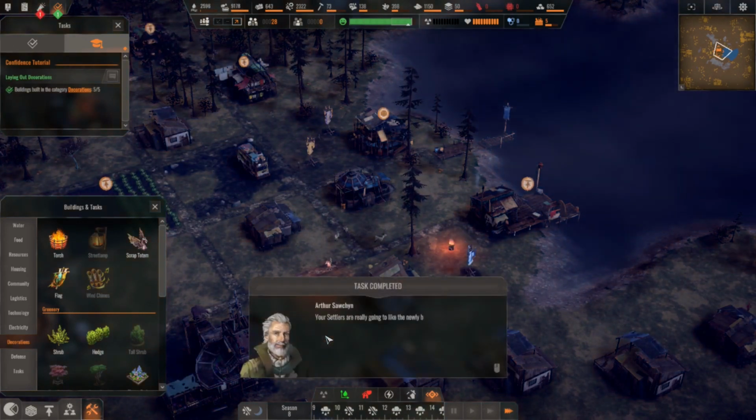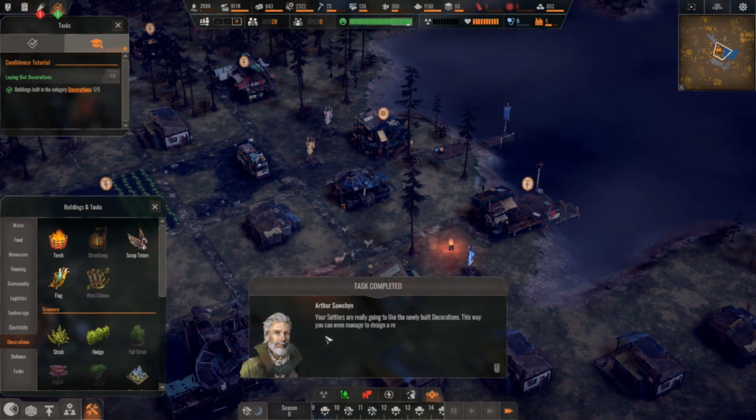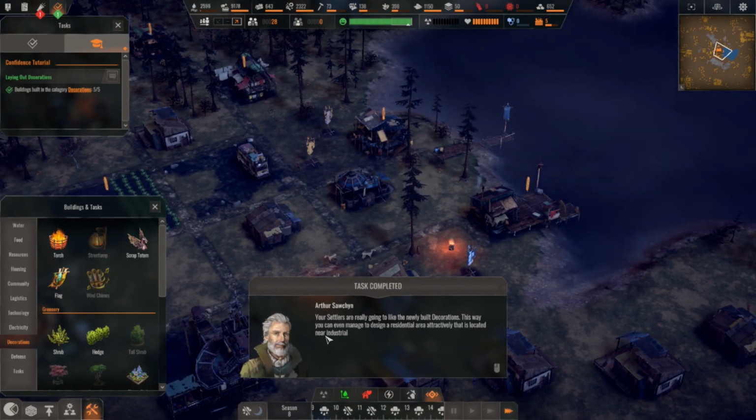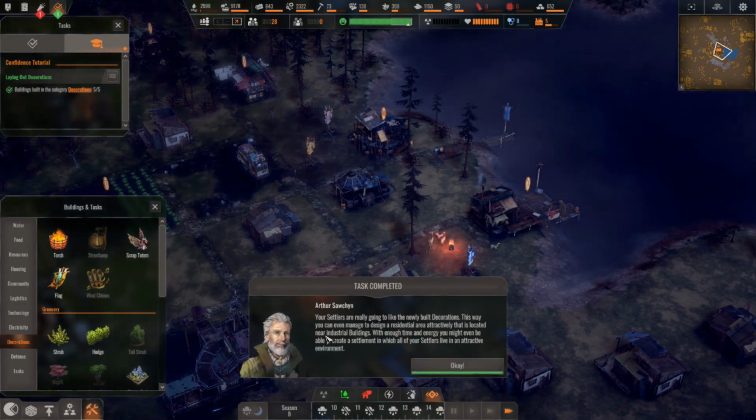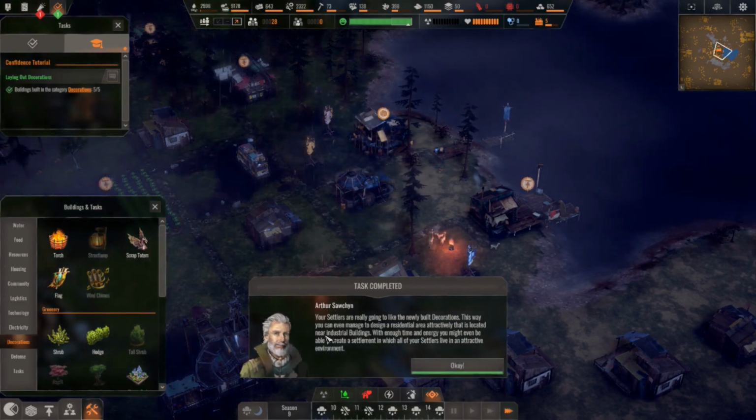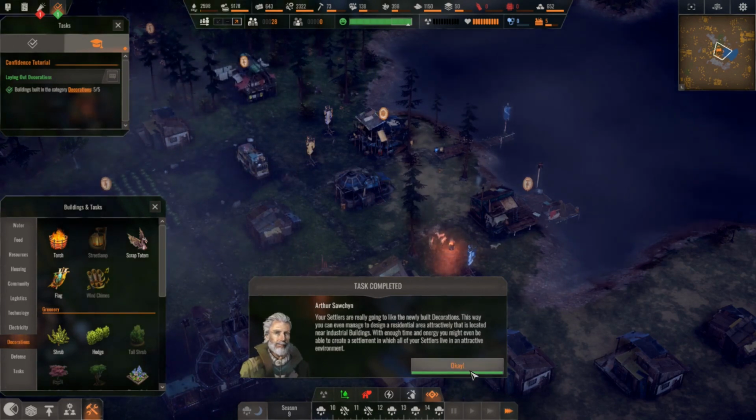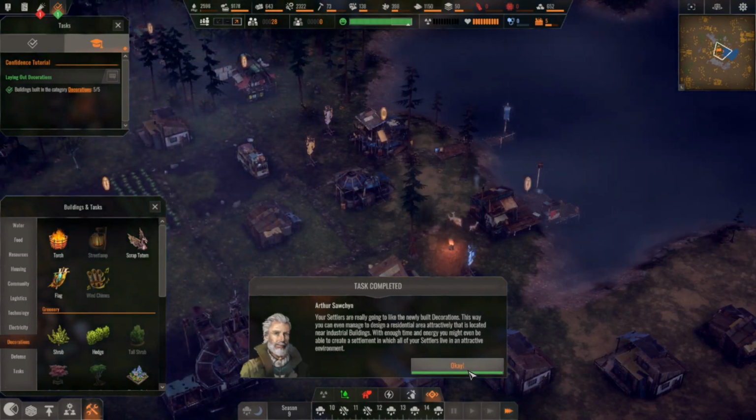Your settlers are really going to like the newly built decorations. This way, you can even manage to design a residential area attractively that is located near industrial buildings. With enough time and energy, you might even be able to create a settlement in which all your settlers live